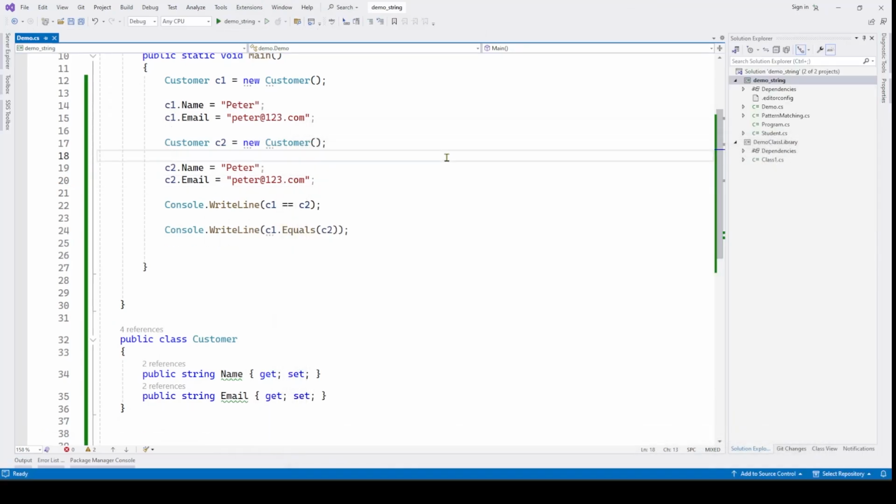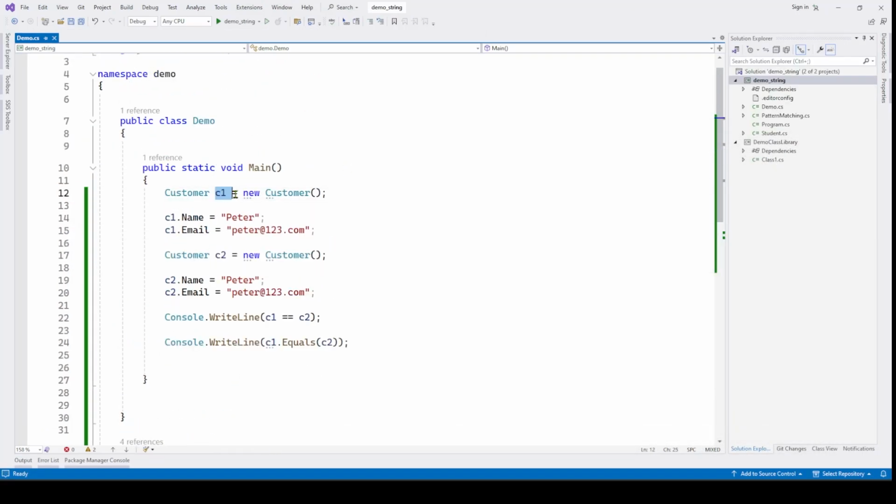Because what is happening in this case, C1 is pointing to a different memory location and C2 is pointing to a different memory location. That's why when we are comparing C1 equal to C2, it is giving false. But for now, let's do one thing. Don't create a new object for C2. Let's comment these lines